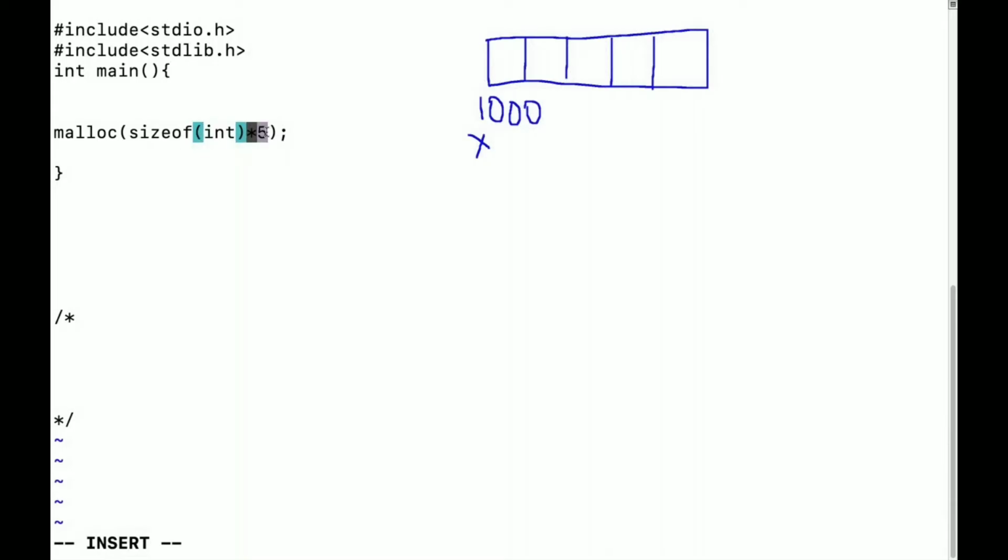This 5 also you can make generic, sir. How to make it generic, sir? I will read this value. I'll declare int n, and I'll use scanf with percentage d and ampersand of n. This n can be anything: 1, 2, 3, 4, 5, 6, 7. Instead of 5, I'll write n here.